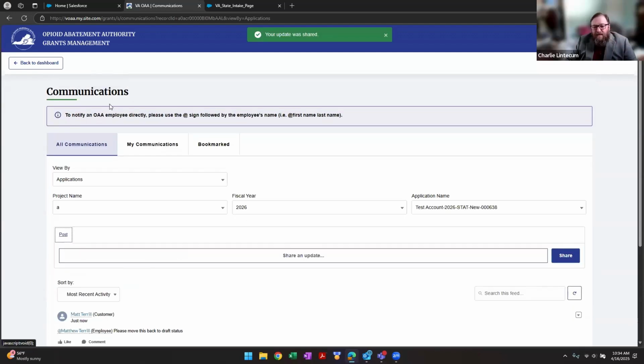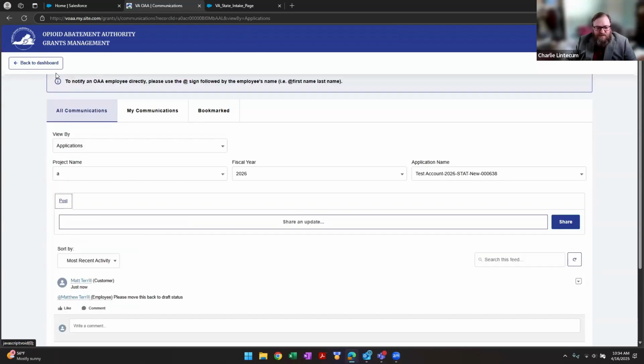Yeah, if you're working on a particular application and you have a question about something in that specific application, this is the best way, and this is going to be our preferred way to do communications. We mentioned the email because sometimes, if you're stuck with something in the system, you maybe can't use this communication function. But this is the best way to get us, and using that @ and whoever you're connected to will help us see that we'll get an email pretty quickly, and it'll tell us to come after it. Check it out.